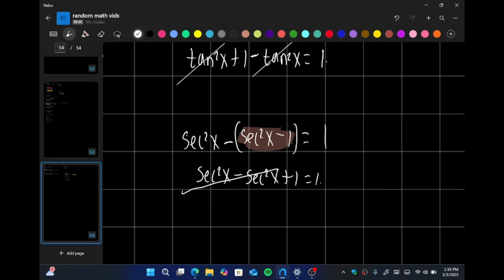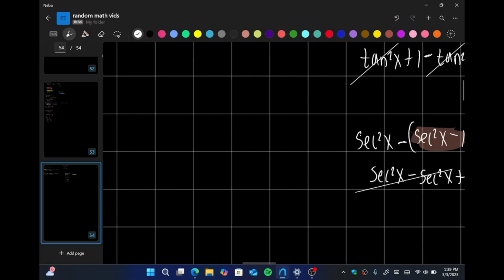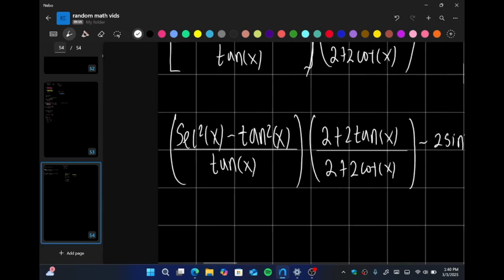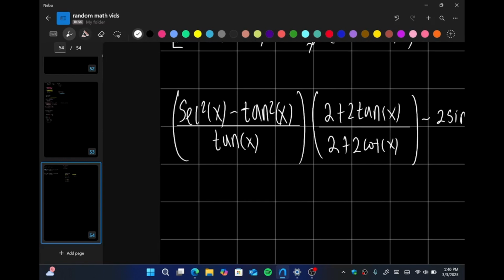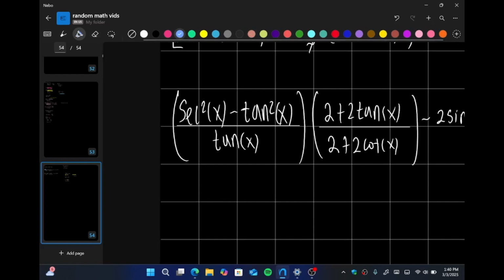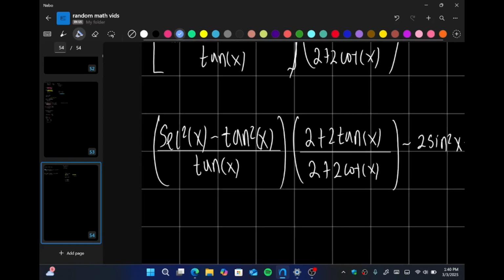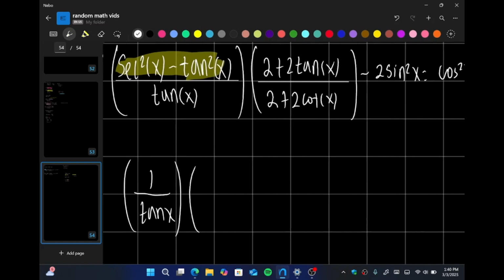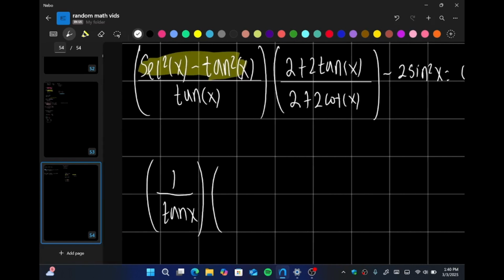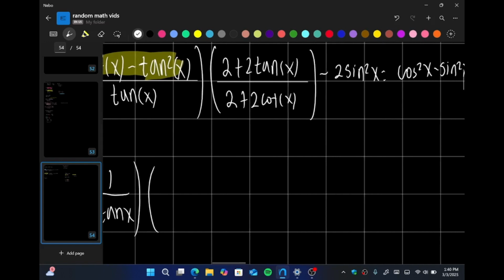So we would cancel these out, and we verify that that is equal to 1. In other words, guys, this part over here, which I'll highlight in yellow, is going to equal 1, okay? So we have 1 over tan x, and then times 2 plus 2 tan x over 2 plus 2 cotangent x minus 2 sine squared x equals, so we're just